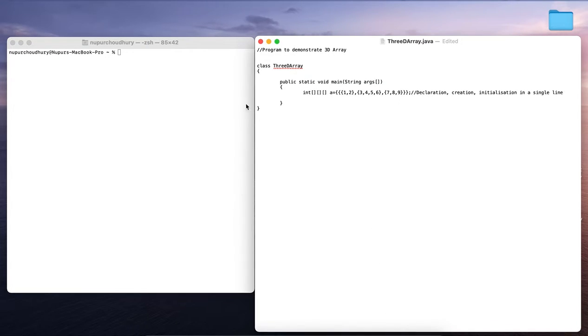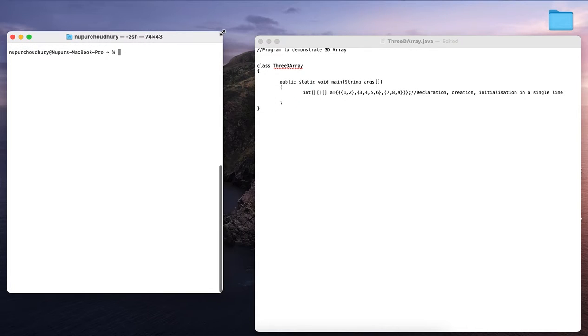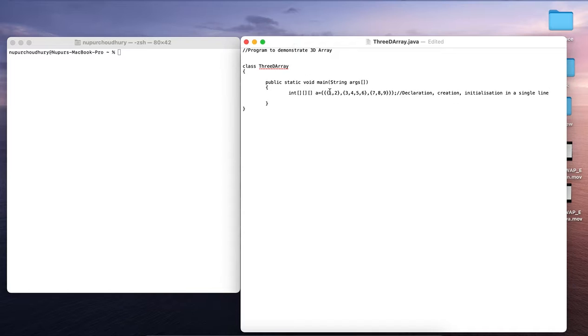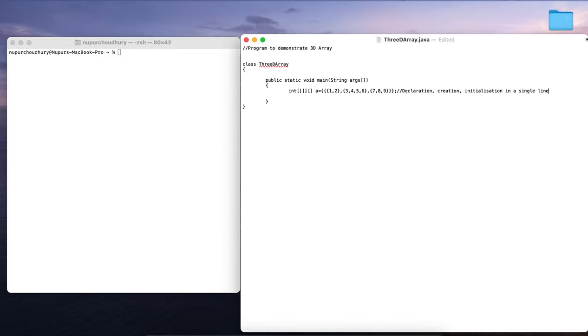You can also try this out by taking help from my previous video, on how to declare this in multiple lines and initialize them in multiple lines. But for our ease, and in order to avoid writing multiple lines for the same purpose, we will simply use this particular statement for declaration, creation and initialization using just a single line.